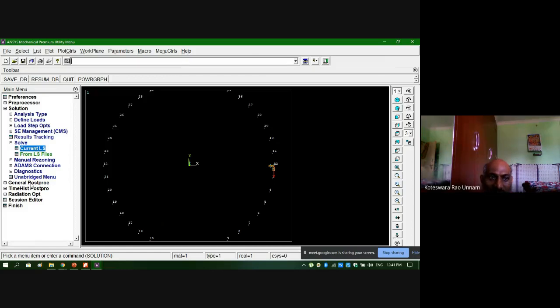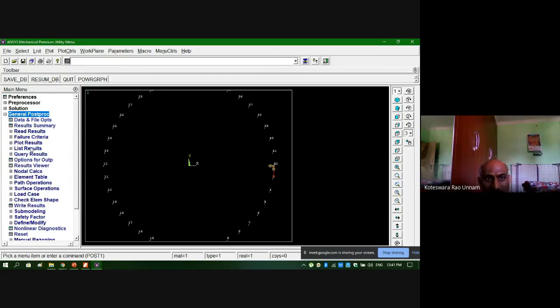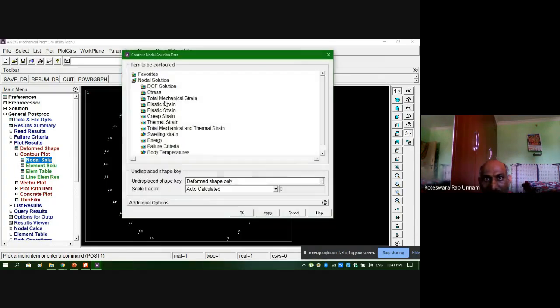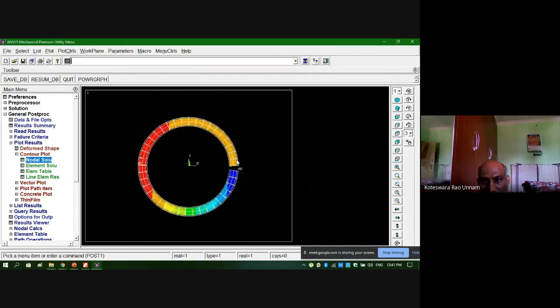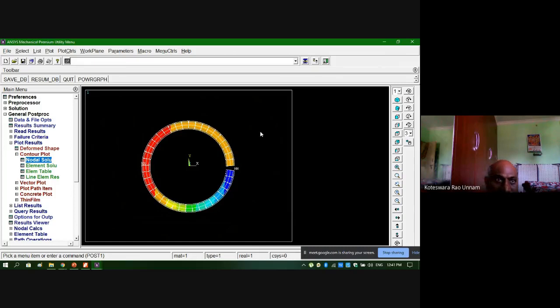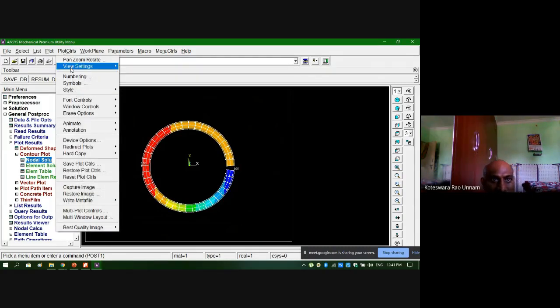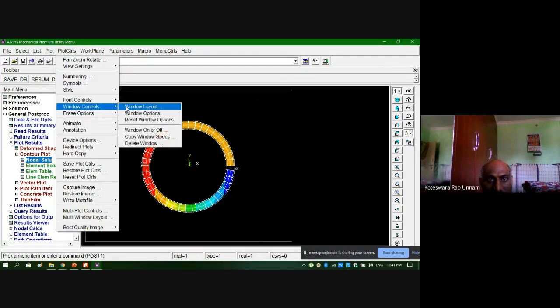That we will do using this general post processor. Here in the general post processor, you have two options. Either you can plot the result, or you can list the result. So first, if I go for plot, I'll go for contour plot and then nodal solution. I want to see what is the y component of displacement. See now, you can see the plot here, but only thing here, I switched off those legends. So if I keep it on,